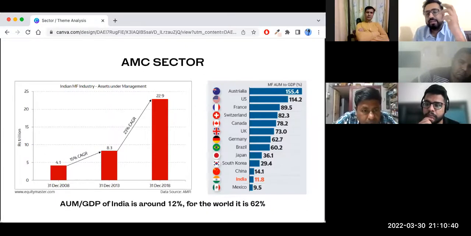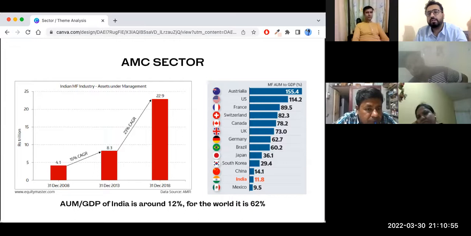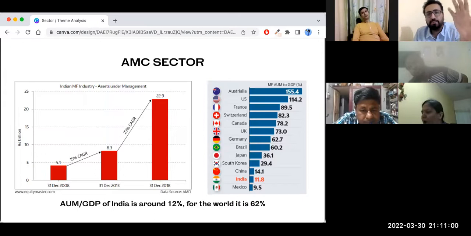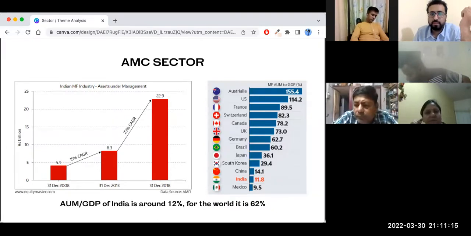And even there, you should understand which AMCs have the distribution sorted to sell more and more. So like any other financial product, the number of branches, the footprint, actually matters. That's where HDFC AMC has been the leader. SBI AMC and HDFC AMC have been the leaders there, because of the footprint, because of the network also. They're able to sell more and more. All right, amazing.